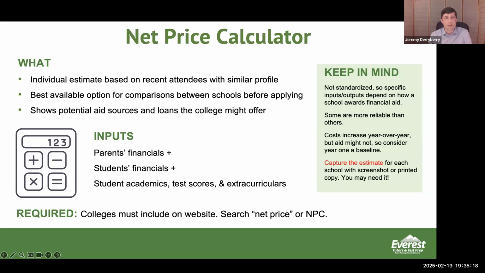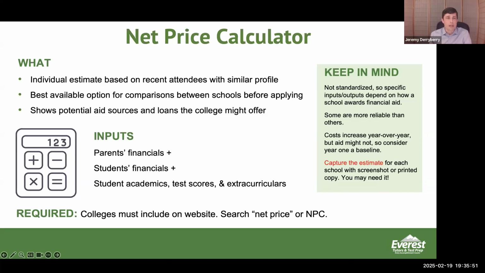Some schools are very good about keeping their net price calculator up to date. Others are not, and that can be frustrating. The other thing I would say is that you want to consider that what you're getting now is sort of a net price for a student who's attending this year. So if you have a junior this year, it's not going to be updated for next year's numbers. So you're really just getting a ballpark, but it is the most accurate ballpark that you're going to get to help you determine what your student is going to be.